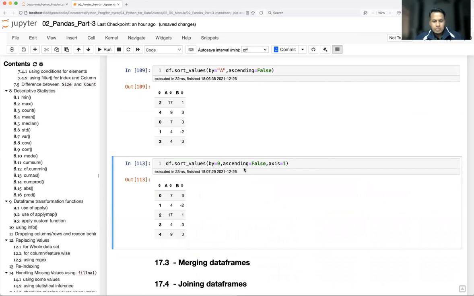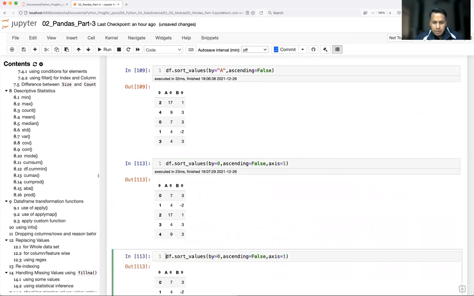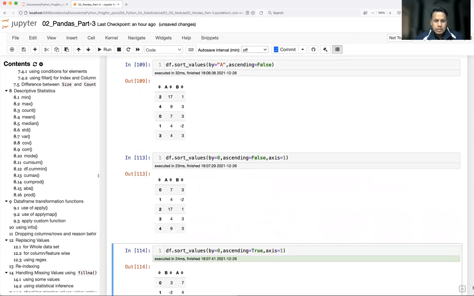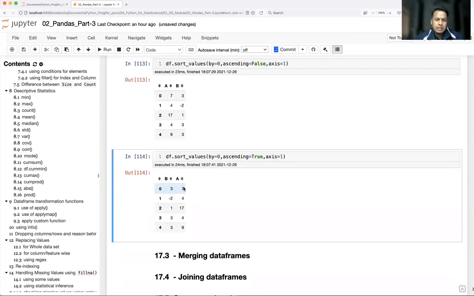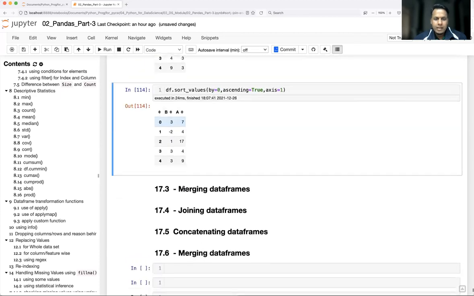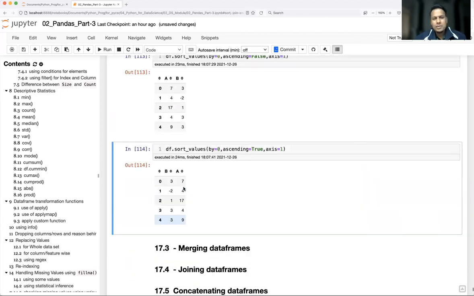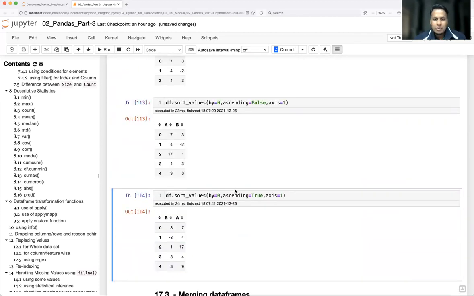Similarly you can apply ascending equal to true. So now 3 is lower and 7 is higher. I hope you understand. I think you guys should just play around with different values and these parameters. This is very important. If you play more, then you'll understand better how exactly sorting works over row and column headers and row values and column values.